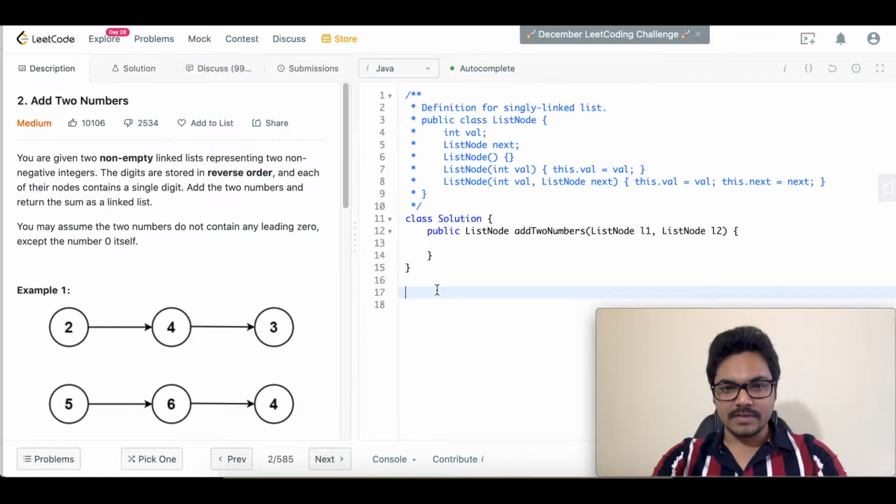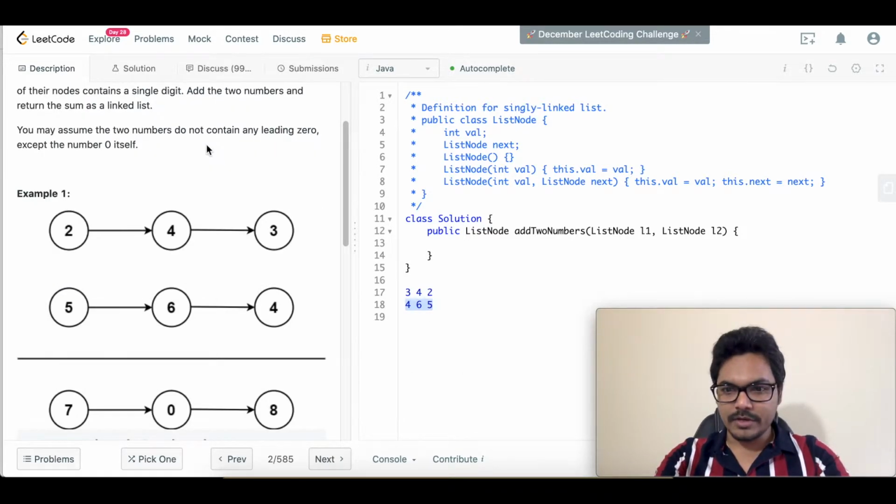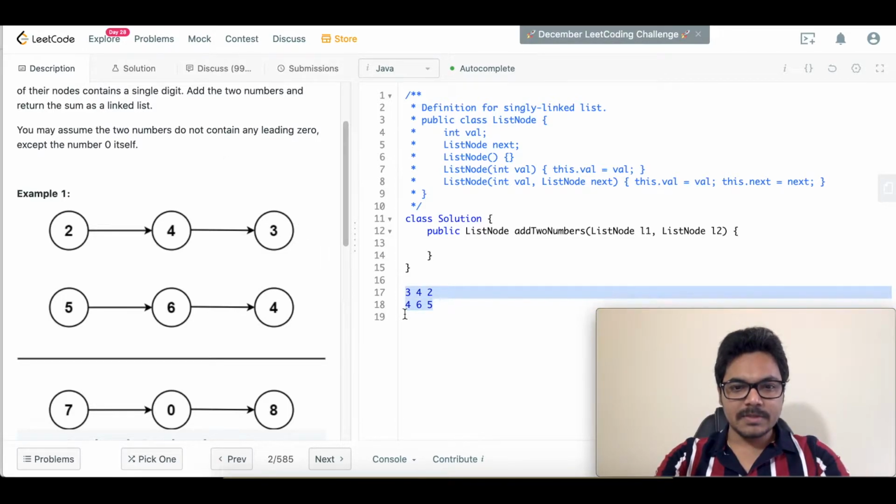So if the number is 342 and these digits are stored in reverse order, so 2 is placed at the starting position and 4 is in the middle, 3 is at the end. Okay, and similarly we'll have another number which is 465, and again these numbers are also stored in the reverse direction. So what we need to do is we need to add these two numbers and return the result in the